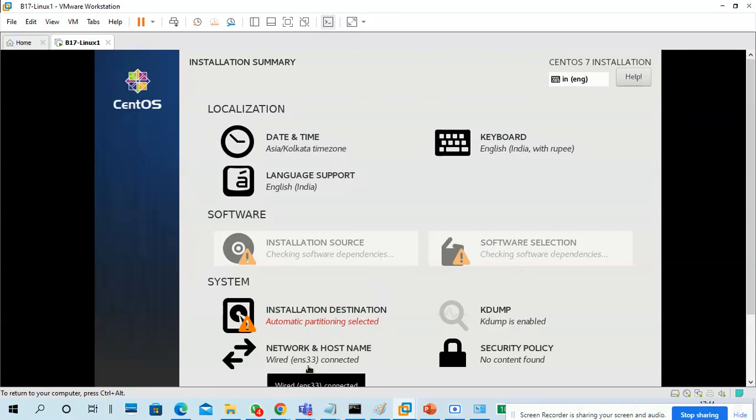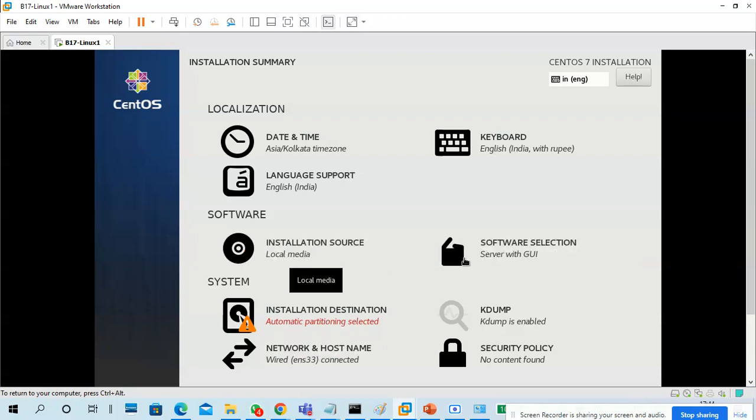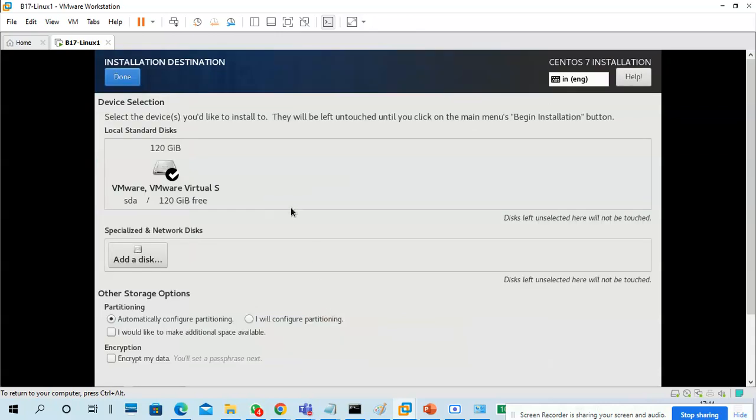So network and host completed, date and time, software selection, installation source are completed. Only installation destination remains, where we do partitions. Just wait a second, let it come up normally. Once it has come, go to installation destination. Select this option, I will configure partitioning.